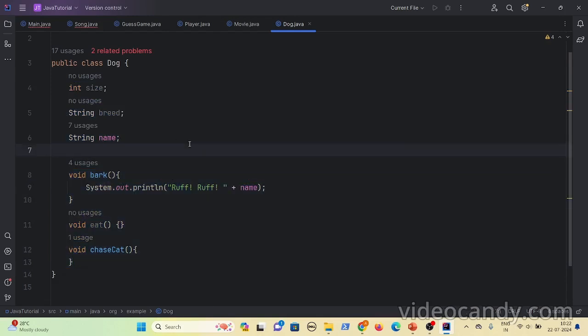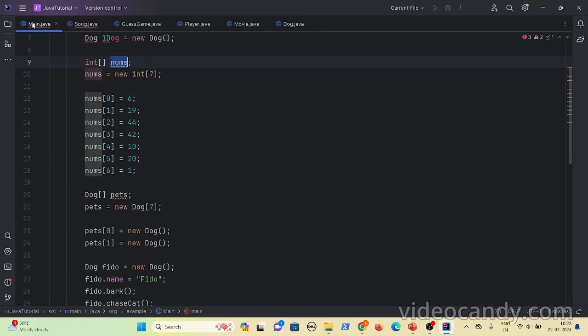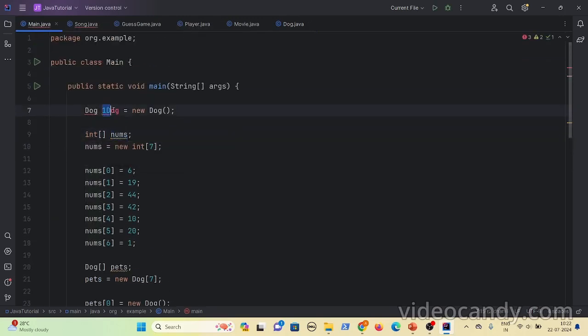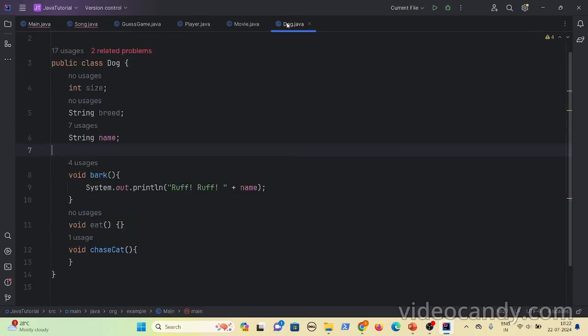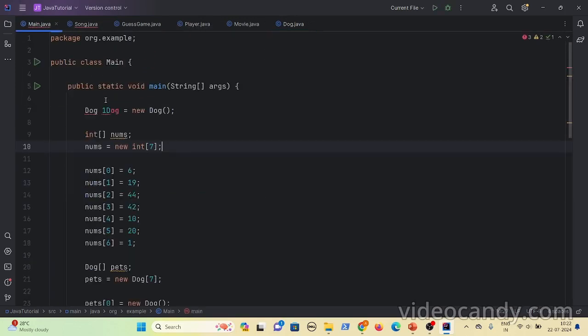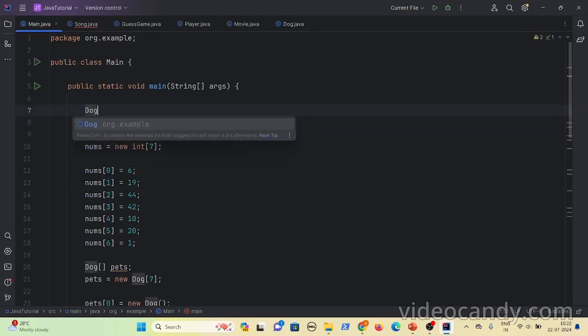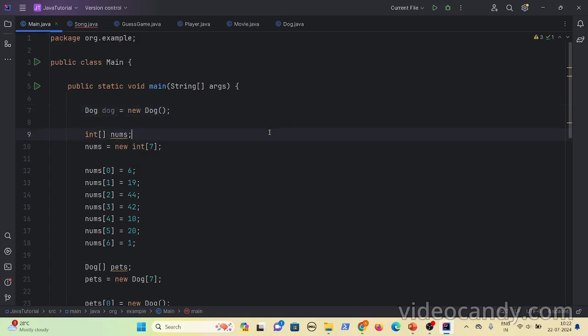Now, this is the class. This is just the blueprint or the template. Now to actually create objects, let's say I want to use a specific breed of the dog. You should create the object for the dog, right? You should create the object for the dog. So what I'll do is I'll create an object for the dog, and then dog, then new Dog(). So this is the object I have created. Okay, it worked fine.